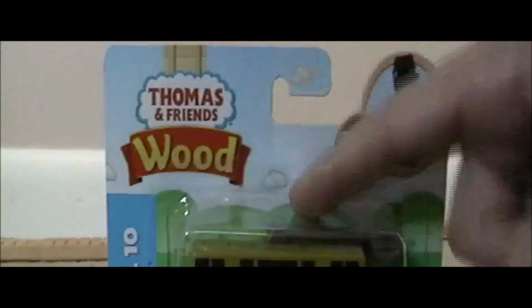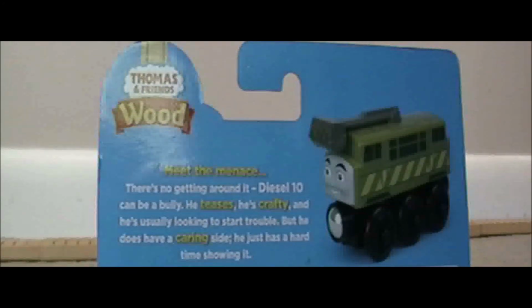I guess they mixed that up on the back right there. I think they mixed it up with, I don't know, James or something. Mattel. Anyway, let's open this. They got rid of the flaps. That's nice. Now I can't. Now I have to. I won't say destroy the packaging,